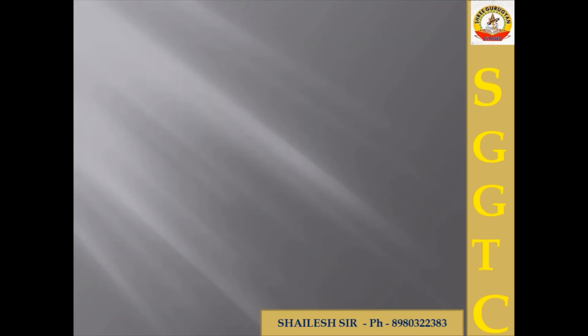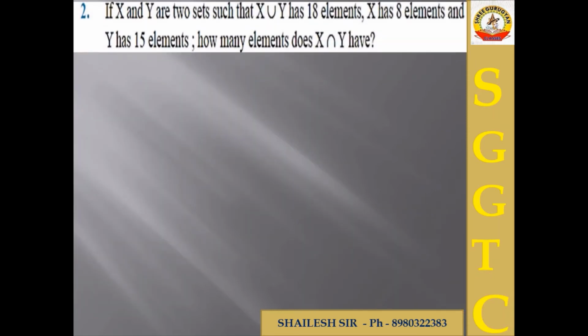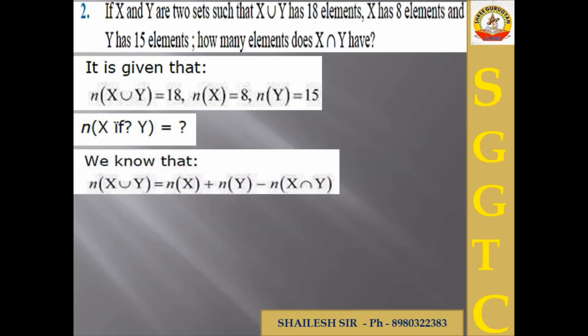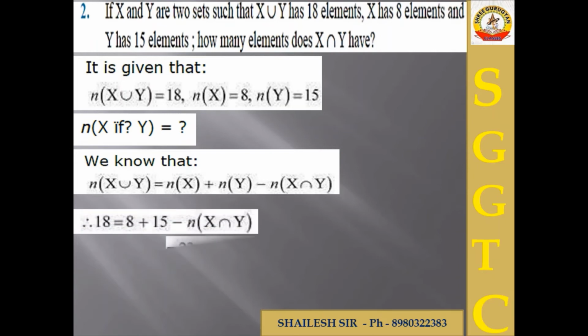Now next one, question number 2. N of x union y is given as 18, the x set has 8 elements given, and 15 elements are given in the y set, and how many elements does x intersection y have? Same example and same question. We know that N of x union y is equal to N of x plus N of y minus N of x intersection y. Put in all the values and calculate further. Definitely you get N of x intersection y is equal